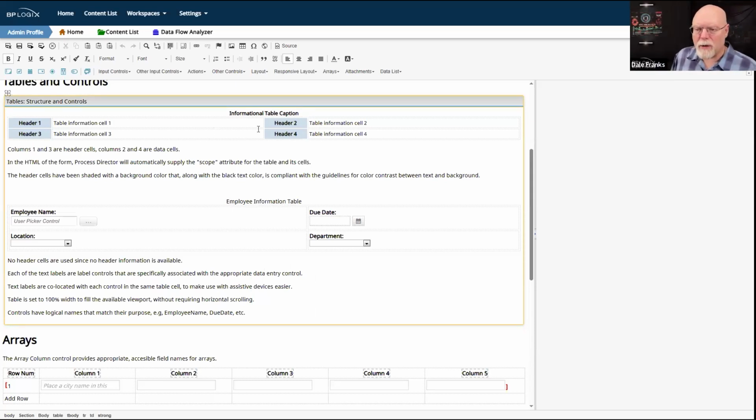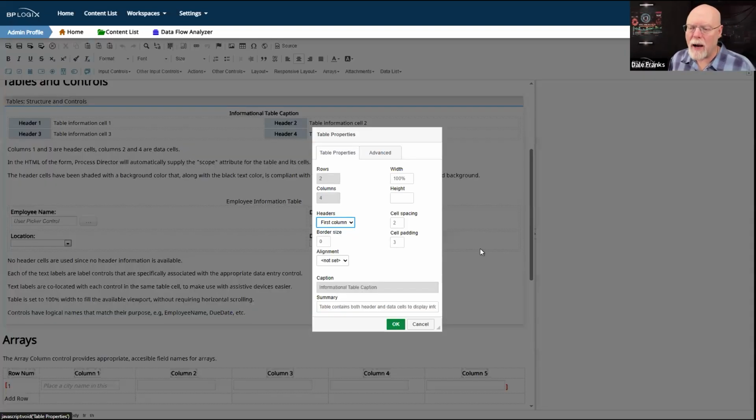Now, there is a difference between these two tables, and it goes back to what I talked about with headers a few minutes ago. This table has headers. So one of the accessibility requirements is if I'm just going to be displaying data. So once again, let's assume that we're displaying a report using an array, and we're just binding that array to the result of a business value to create a simple report using a form, which is pretty common. Well, wherever my labels go on that form, those need to be header fields. And you need to mark which of the fields on your table are going to be header fields.